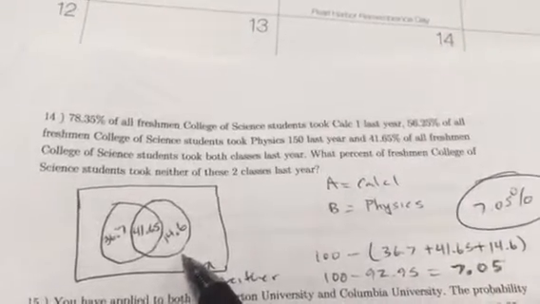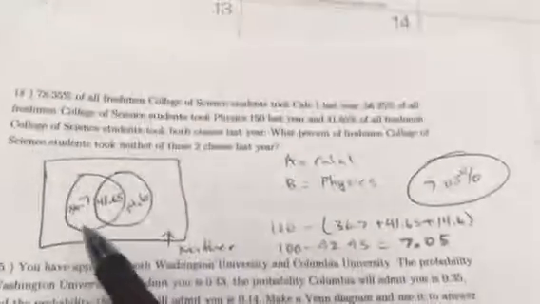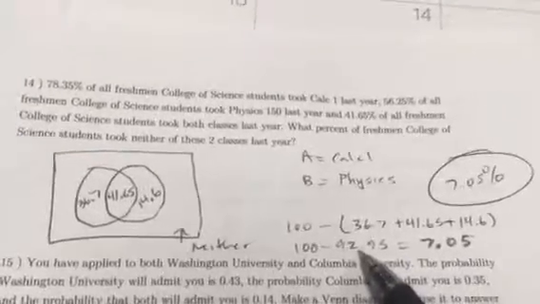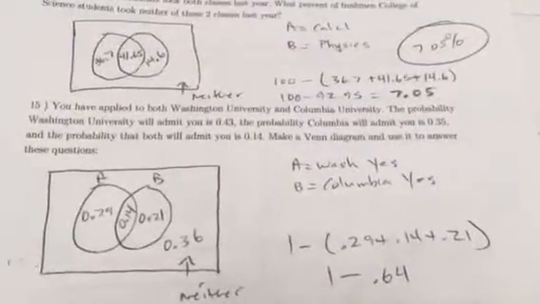All right. That looks good. Let's figure out who took neither. Add those three together. Subtract from 100, and you get 7.05%. All right, so the probability